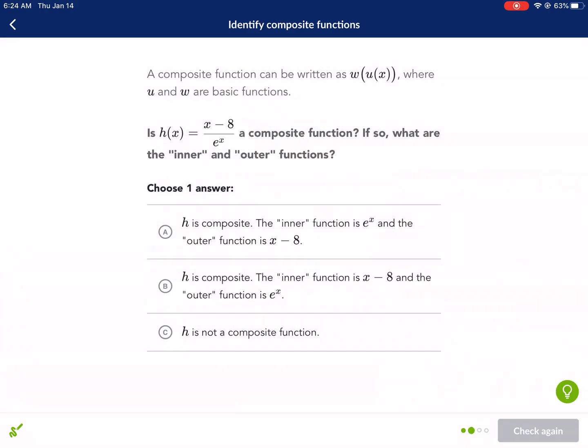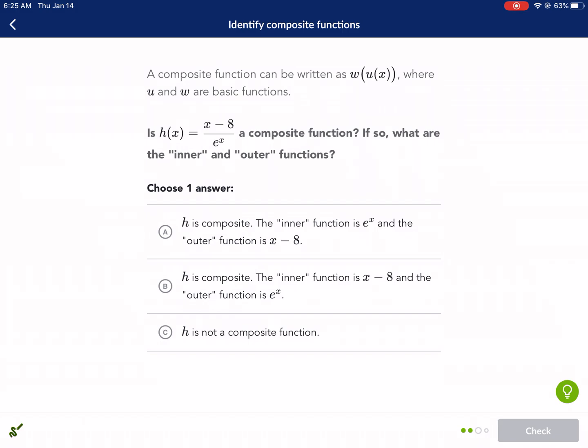All right, next one. A composite function can be written, and it gives us the background again. Is h of x equals x minus 8 over e to the x a composite function? If so, what are the inner and outer functions? This one's a little bit more complicated. The options say the inner function is x minus 8, and the outer function is e to the x. This one does not appear to be a composite function